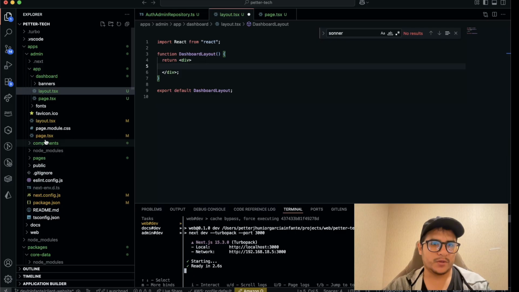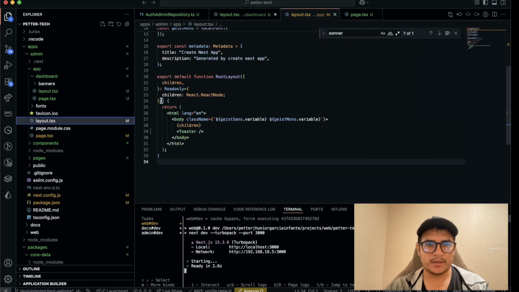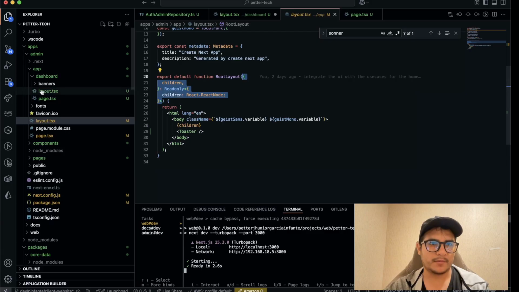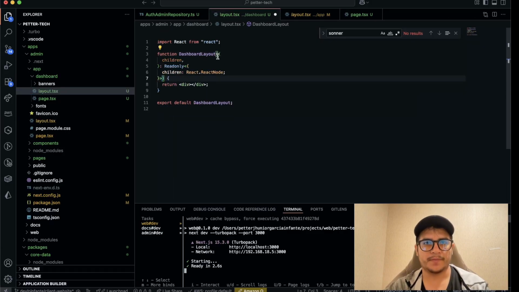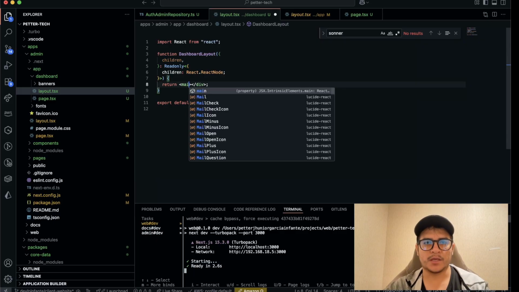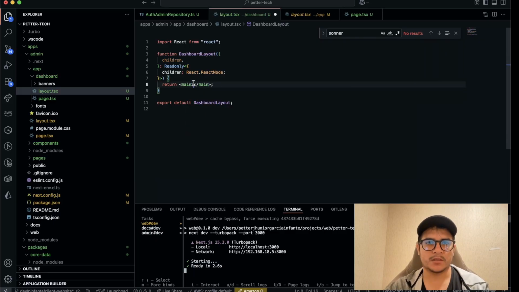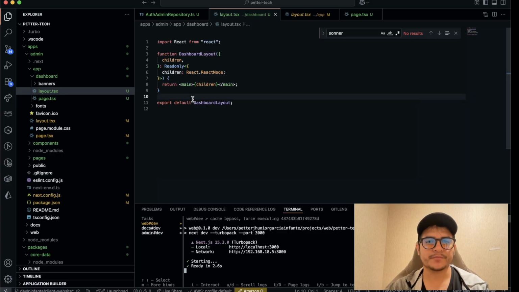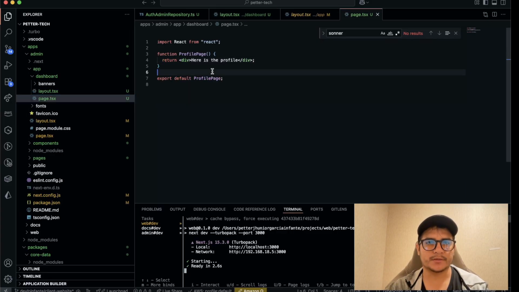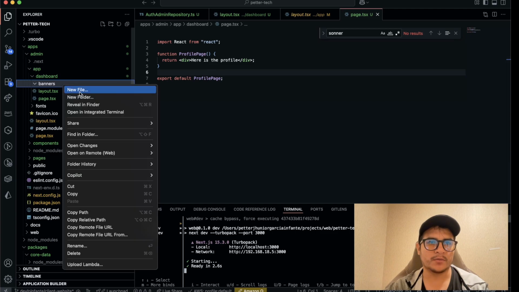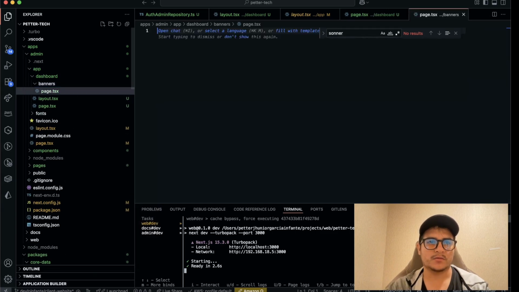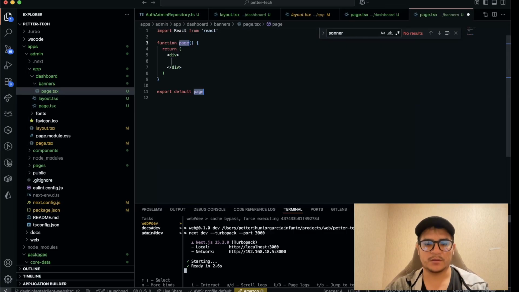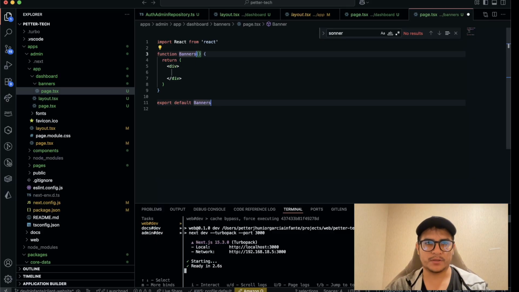and here we need to do the same like this because we are passing children, and this is going to be main, and the children are going to be rendered here. Children. Okay, so with this we can load this, and here we are going to create a new page which is going to be rendered also on the layout RC banner page,